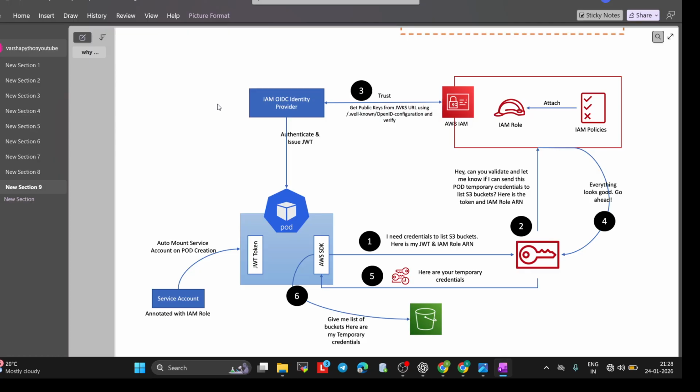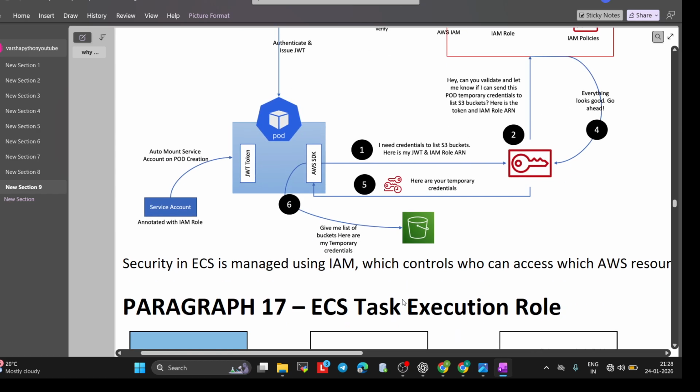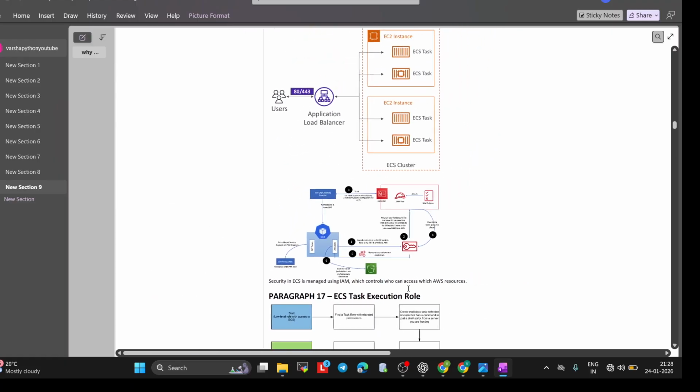I told you this in the last explanation also, but this time also. See, first I need credentials to list the S3 bucket. Here is my JWT. Then it will go to validate: can you validate and let me go. Then it will trust, then it will say okay. Then it will go to IAM, and IAM policies will say everything looks good, so go ahead. After that, the temporary credentials will be stored, and after that it will go to the AWS SDK and then to S3. So this is the complete workflow of